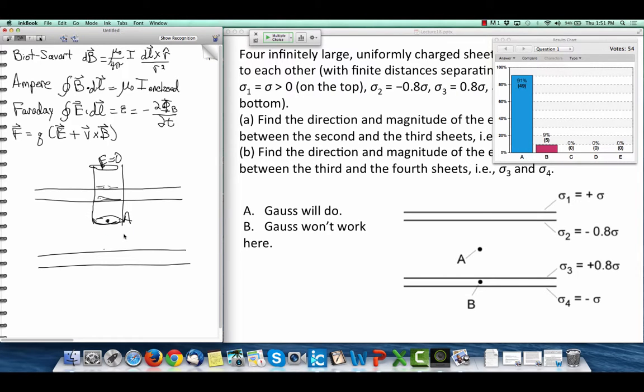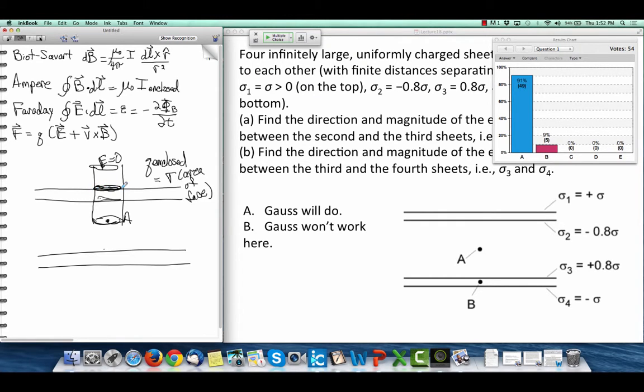The charge enclosed here is, well, there's a plus sigma Q enclosed. The area of the face of the cylinder times sigma is how much of it is enclosed due to this